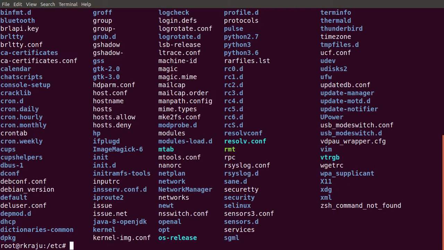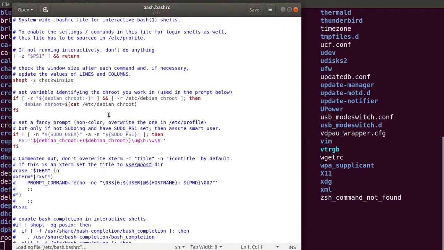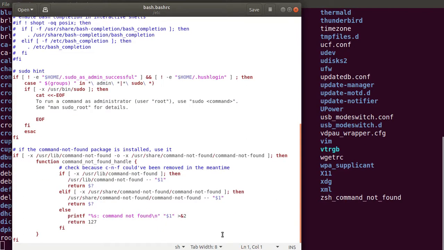Out of all these files and folders, select a file named bash. Edit that file only. gedit bash dot bashrc. Now this is my bash file, and inside my bash file, at the end of my file, I am going